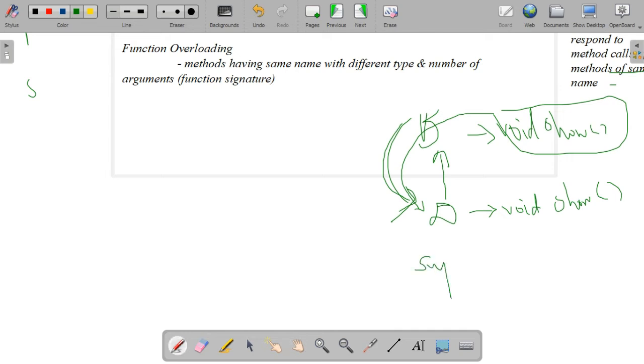Super is the keyword. You are learning the new keyword: super.variableName; If it is a method, then super.methodName(). The same example we have discussed here: how will you write super.display() or super.show()? Here, both the base class and derived class have the method void show(). How do you access this overridden method? Using the keyword super, so super.show().